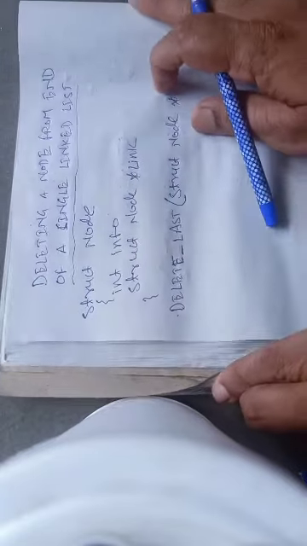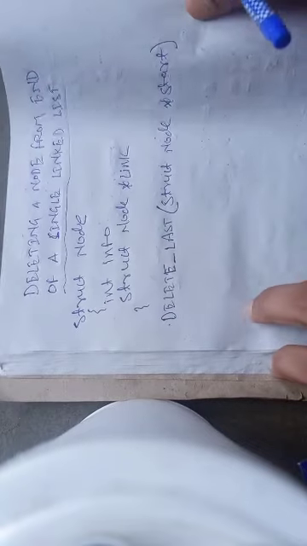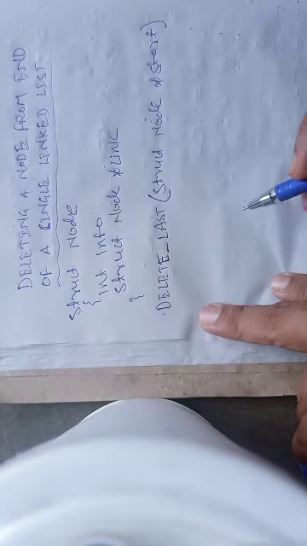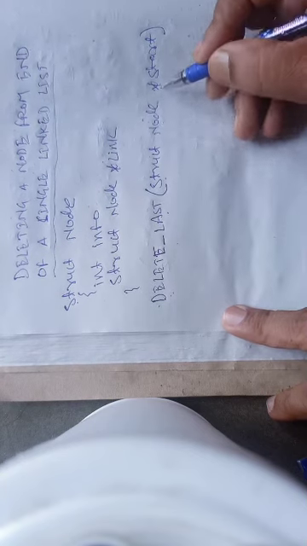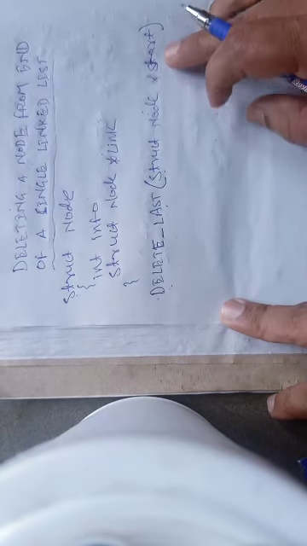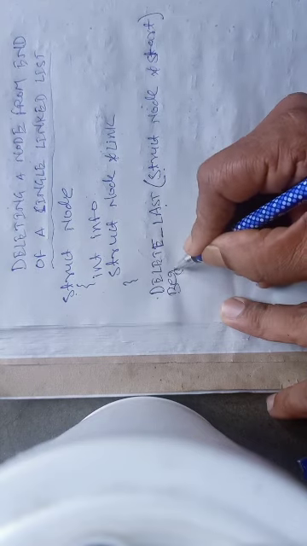Okay, now next we will discuss deleting a node from the end. So there are three algorithms: removing a node from the beginning, removing a node from the end, and removing a node from a particular position. So now this is the algorithm that we are going to discuss, which will remove a node from the end. As usual, a structured data type is declared to represent the node of a linked list. Then algorithm name is delete last. Struct node asterisk start is our parameter. This is the information that we pass, means the address of the first node is passed as argument. Now begin. So my algorithm begins.